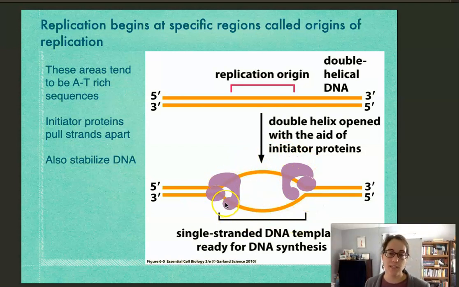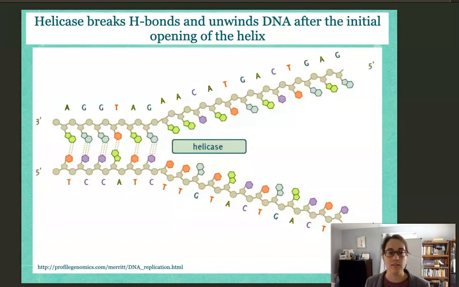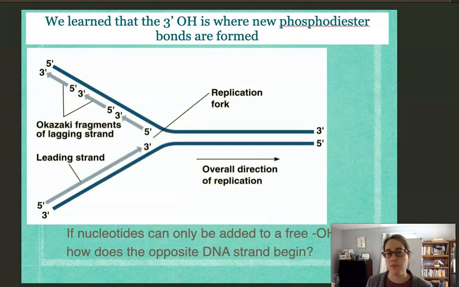So many of you probably came in with the knowledge of the term replication fork. We have a replication fork on the left. We also have a replication fork on the right because we are opening two strands of DNA in the middle, and we don't have either at the end of the DNA. So in reality, we're going to have two replication forks from every origin of replication. We're going to have one that looks like this and the other one which looks like this,